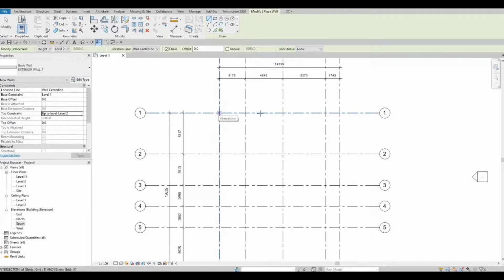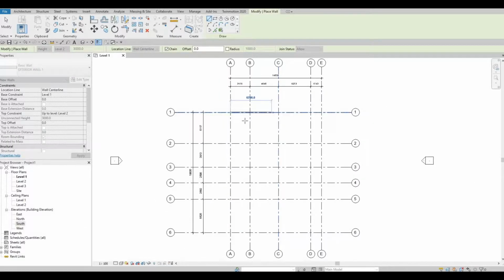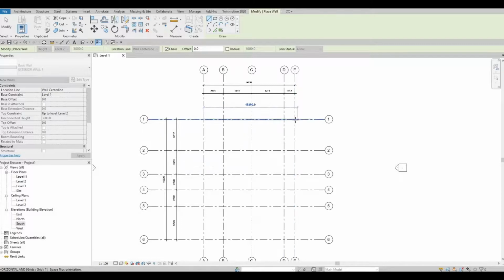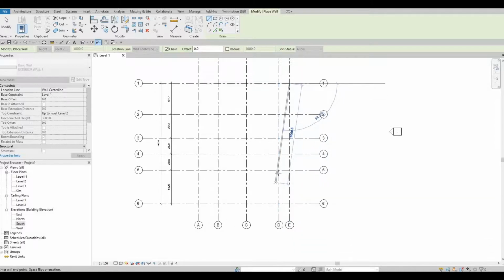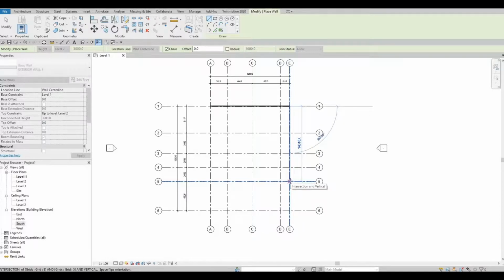Here I'm gonna add from A1 all the way to E1, and then going down right onto E5, going across right here to C5, and then going all the way to,